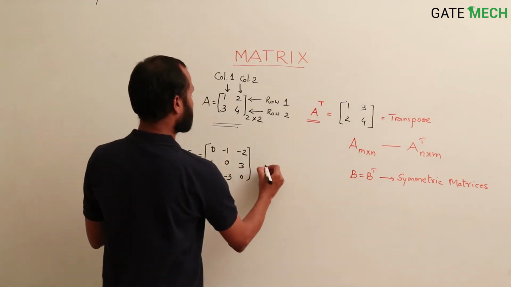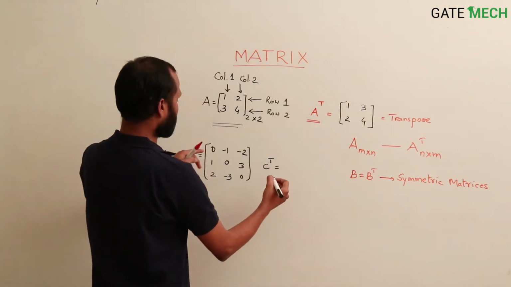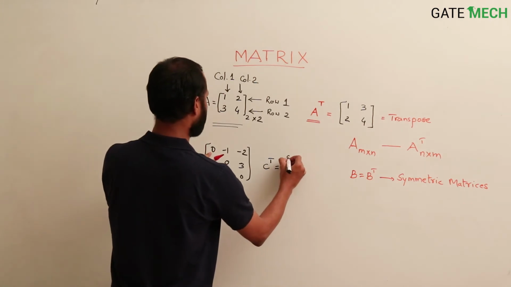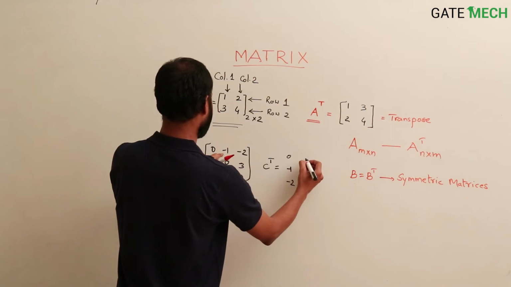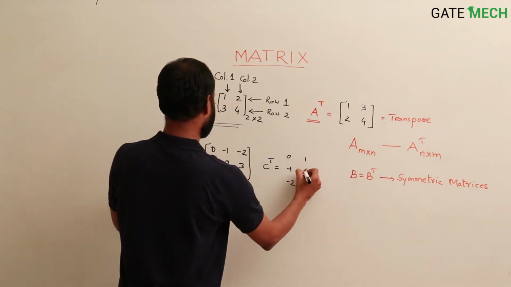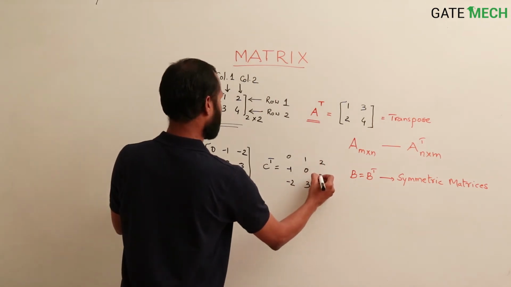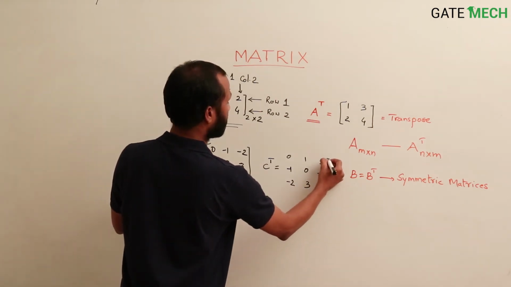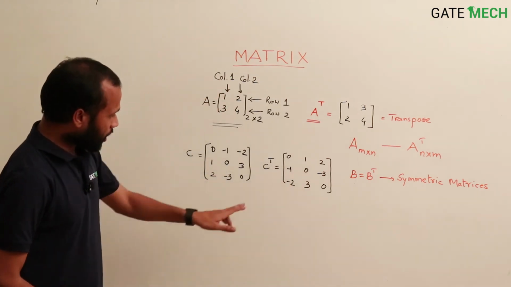Now what would be its transpose? C transpose is equal to first row, I'll write it as a column: 0, minus 1, minus 2, then 1, 0, 3, then 2, minus 3, 0. I have directly written here since we have already written twice or thrice. If you compare both,